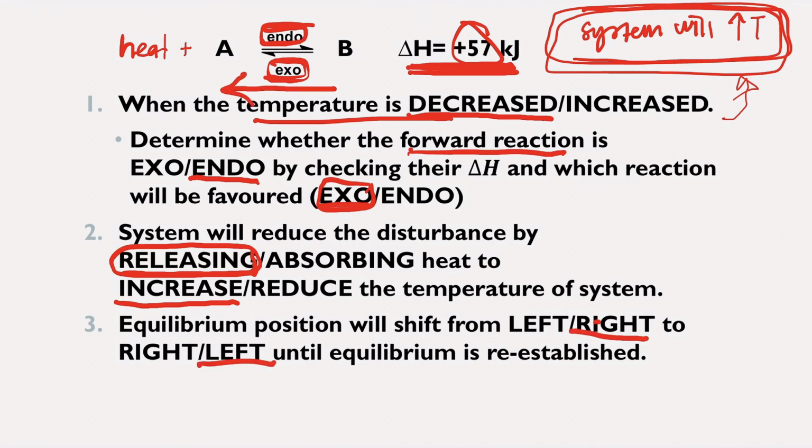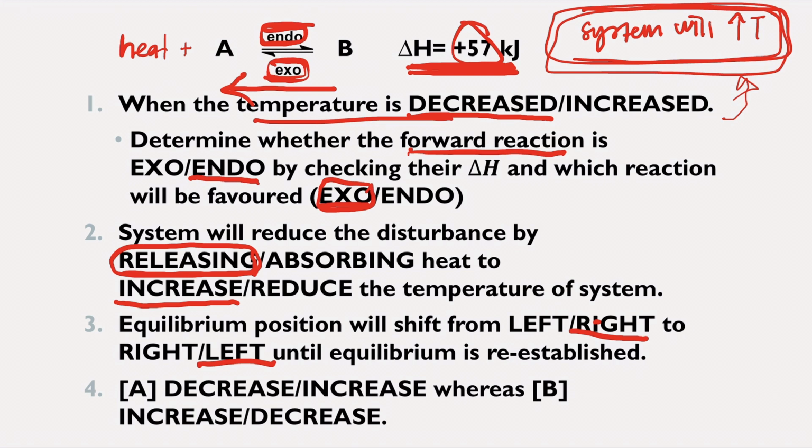Equilibrium is re-established. So, what will happen to the concentration of your reactant and product? When you shift to the left, you will form A. So, concentration of A will increase and concentration of B will decrease. Okay. What does that do? When you change the temperature,